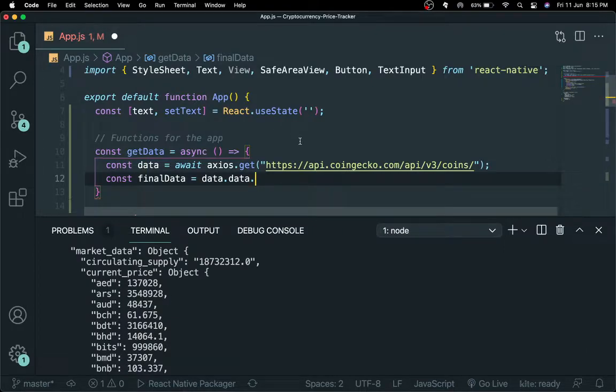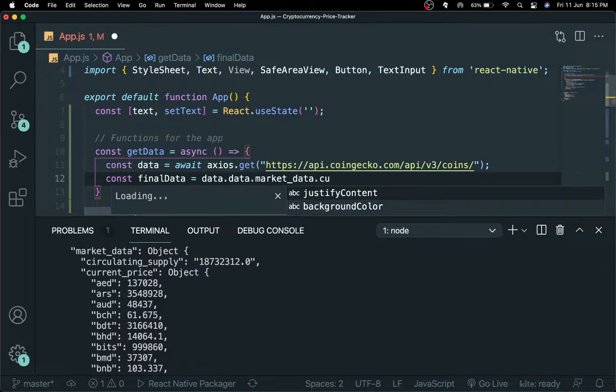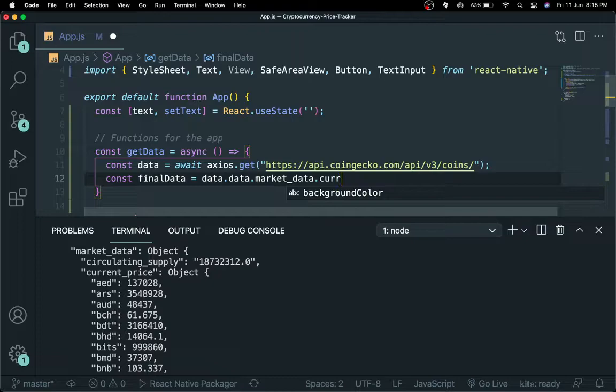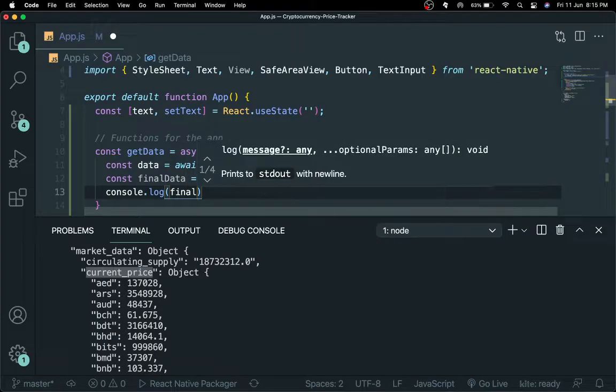Actually, one second. Instead of doing it in that way, I think this could also work. So I'm just gonna go market data dot current price, and I'm just gonna copy paste this name, current price, and go console.log final data,